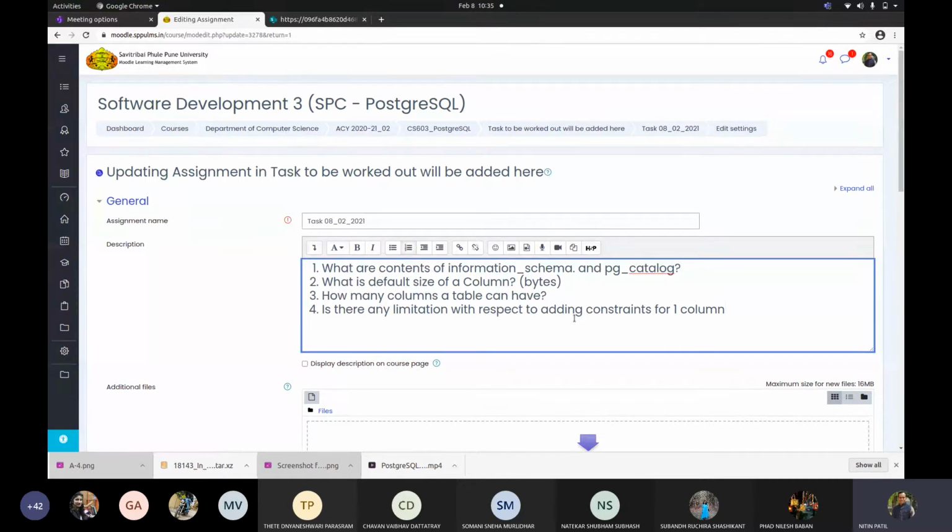In such a situation, how will it handle that scenario if I don't really want to address that aspect? Okay, so this is your fourth thing. The answer could be no, but I want you to find out, is there any limitation with respect to adding constraints for a column? When I say one column, definitely I am talking about one column only. Okay. Second thing is same question.